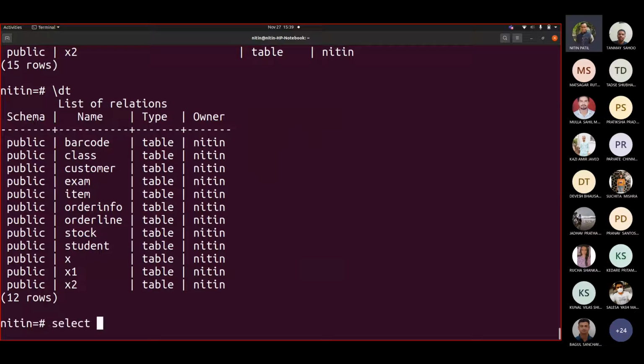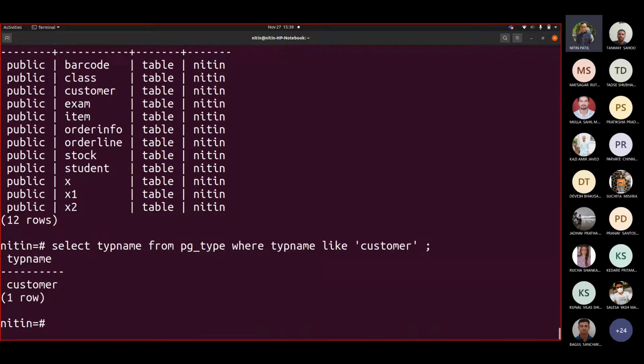So if I see select typname from pg_type where typname like customer, say for example, or otherwise let us order by typname.